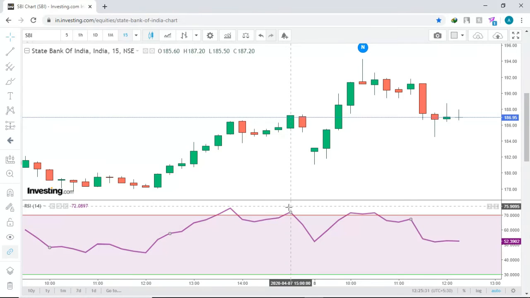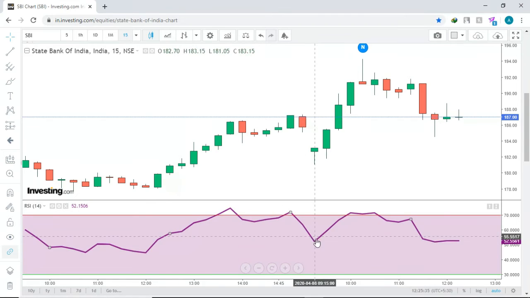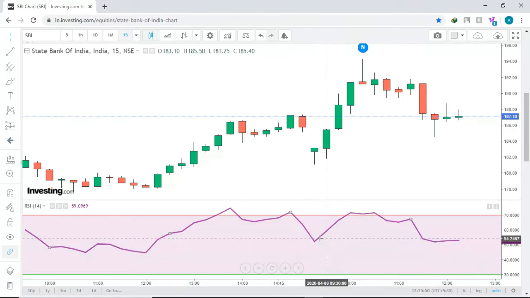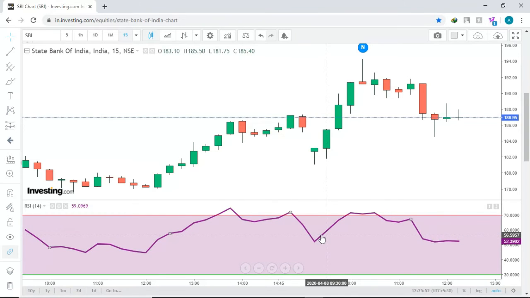So what has happened here? The stock has fallen down till here and it has shown some strength here. So that means at this point of time, when it has shown you some strength, you have to always take a buy order. So when you buy the share from here, you can see the candles also. As soon as it has shown you some strength, the price has shot up from here to here.